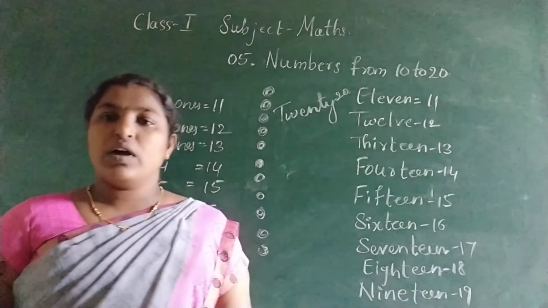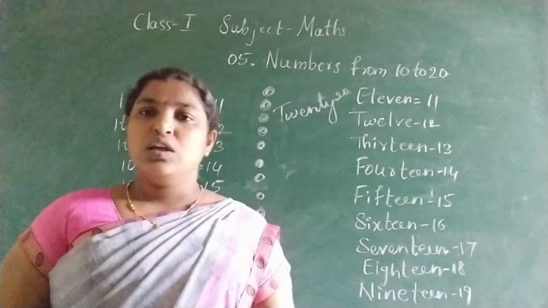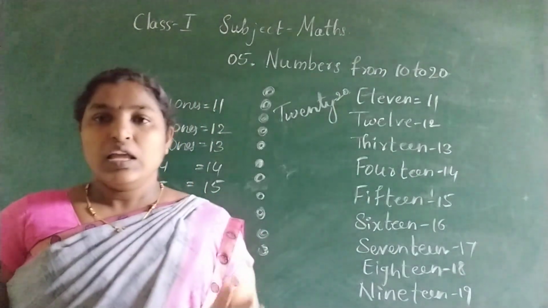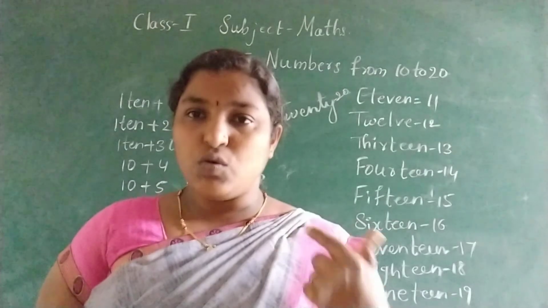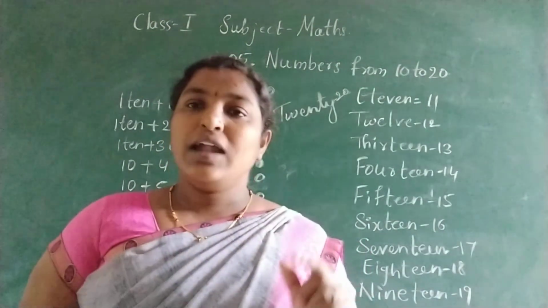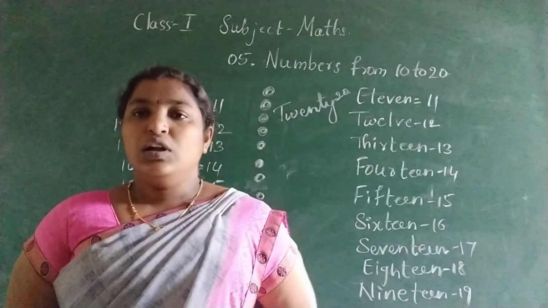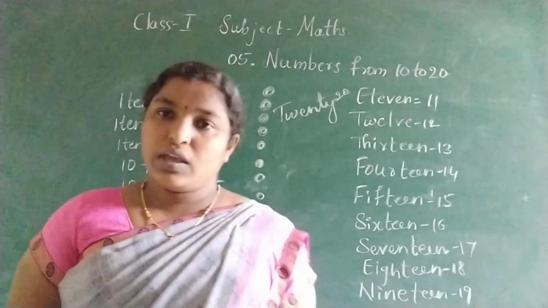So today your work is to learn by heart the spellings from ELEVEN 11 to TWENTY 20. You are perfect already, but also once you practice this and learn by heart the tables from 0 to 20. Okay, thank you.